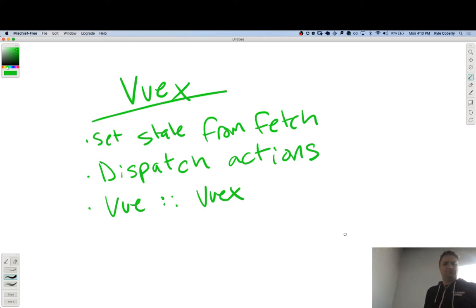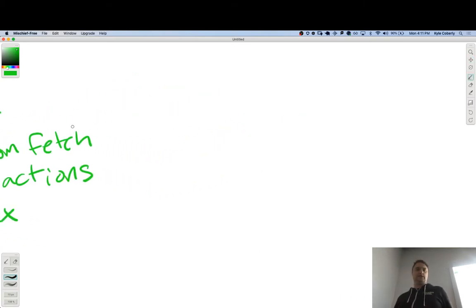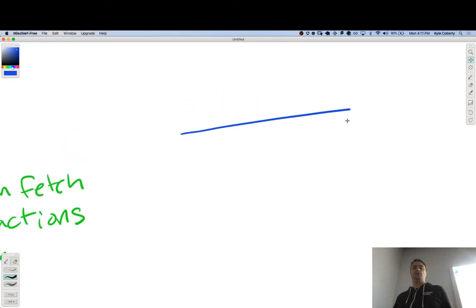Let's start briefly with this last one, how these things all kind of fit in. So Vuex is the blessed state management library for Vue. So this is, if we'll flash back a little bit to